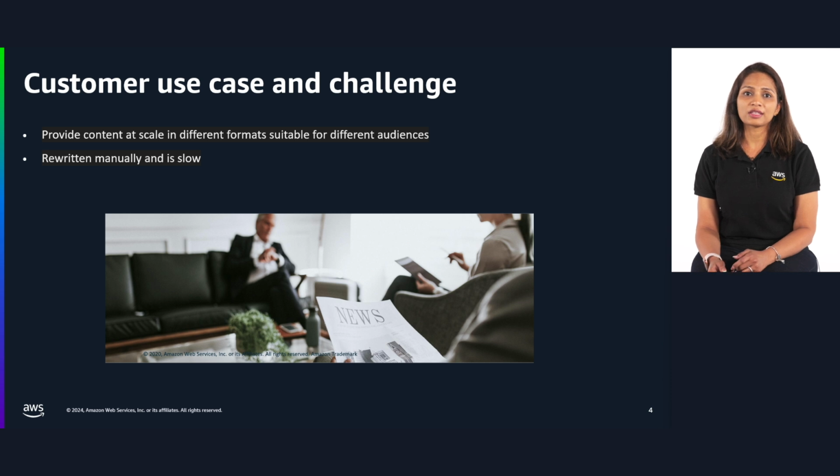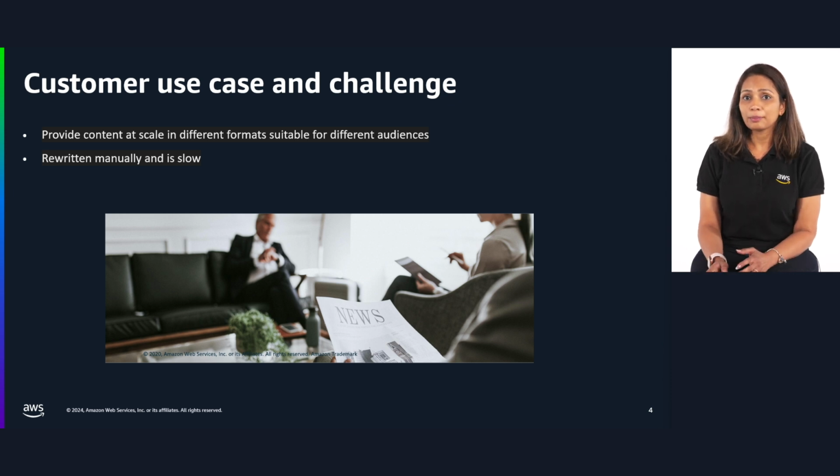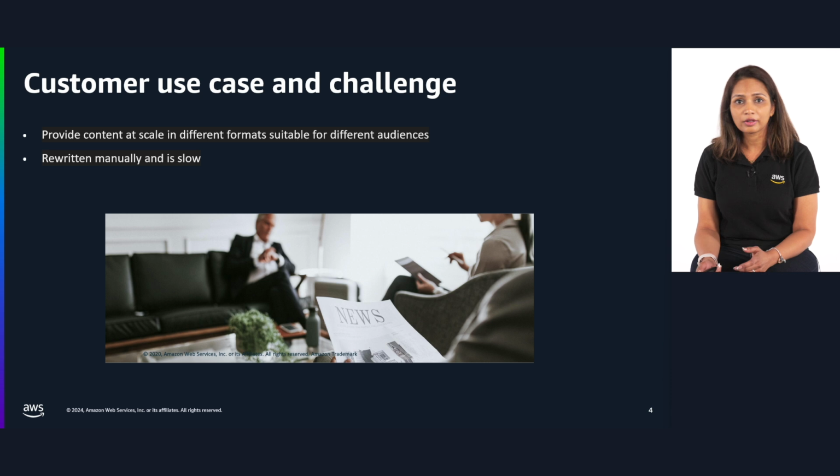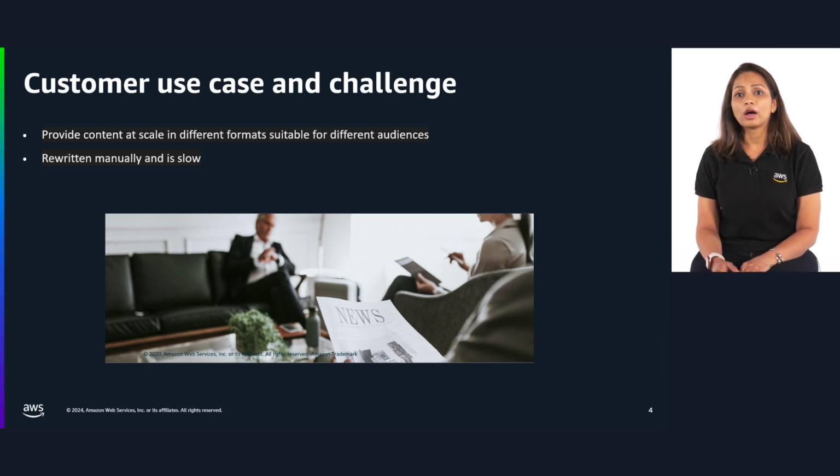One of our Swiss-based print media customers, who has a global presence, is a major player in the media industry. They have been shaping the way people consume news and entertainment across the globe. This customer faced a challenge to provide content in different formats suitable to different audiences. For example, news related to current affairs, entertainment, or sports is of interest to a general audience, whereas news related to trades or stocks is of interest to a specific audience and should include more details on numbers and graphs.